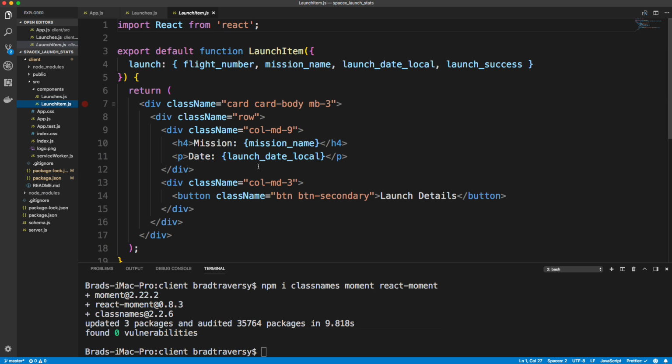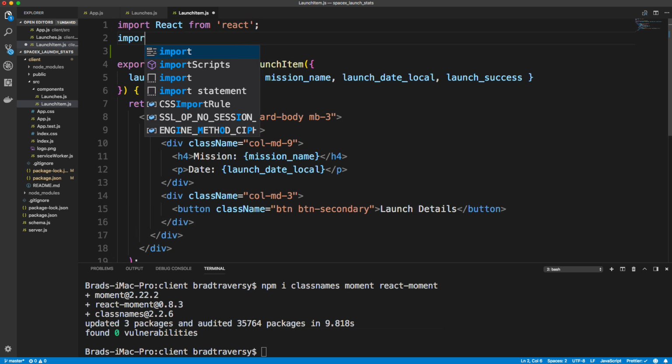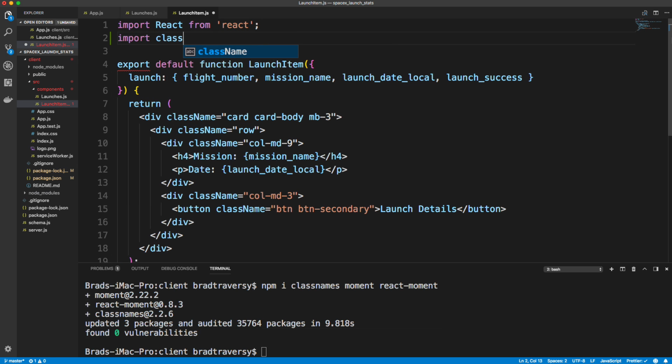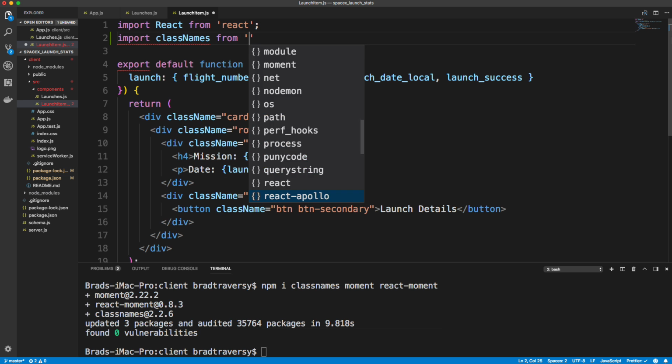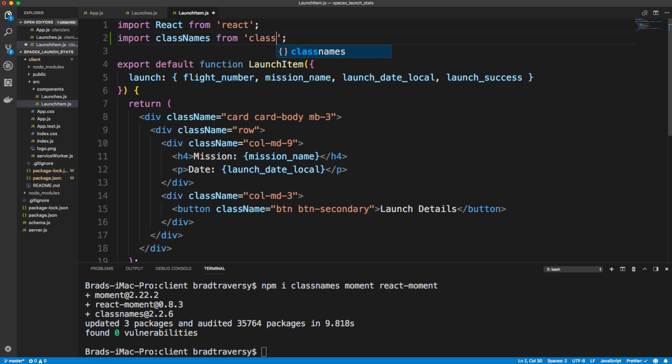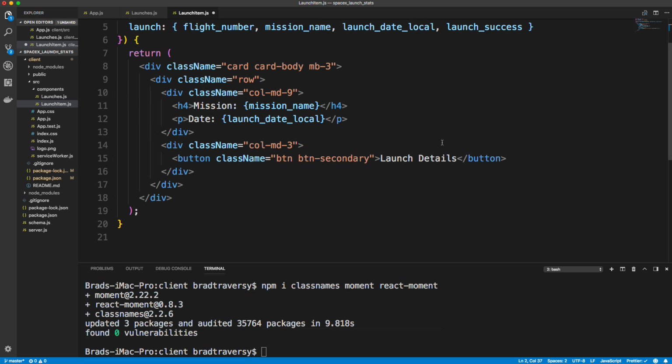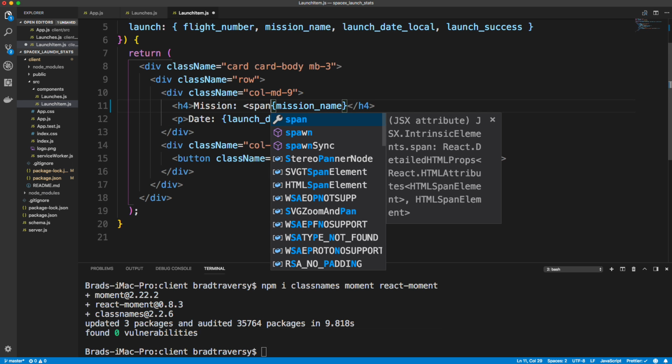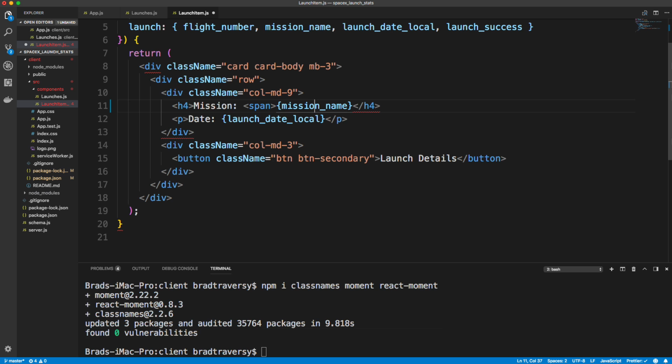Okay, so if we go to LaunchItem.js, the mission name is right here in the H4. That's where we want to add the class. So let's go ahead and import classnames. I'm going to use camel case here, and then we're going to say from classnames, all lowercase. And the way that we do this, it's pretty easy. If you've taken my React course or my MERN stack course, we did this there. Basically, we're going to surround the mission name in a span,